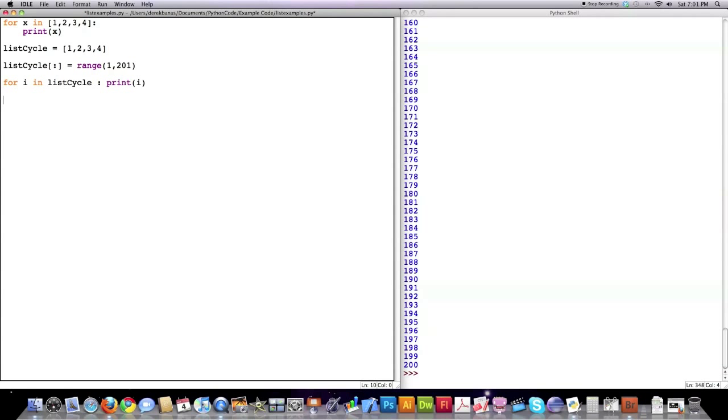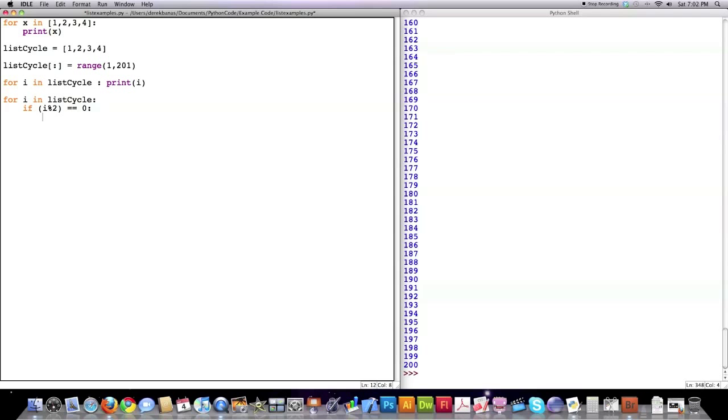But you might ask yourself, well, what if I want to do odd things with it? Like, for example, I'm going to show you real briefly the if statement here, and a couple other things that I'm going to expand upon in the tutorial that follows here. But basically what I'm going to do is print out only even numbers, and I'm going to skip the number 101. How am I going to do that? For i in list cycle. So what am I doing? I'm using 1 through 201 again, like I just showed you previously. But I'm going to put an if statement in here, which you saw in the previous tutorials. And this is the modulus symbol,